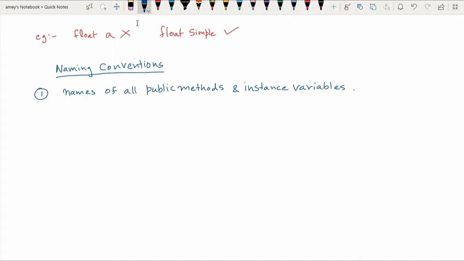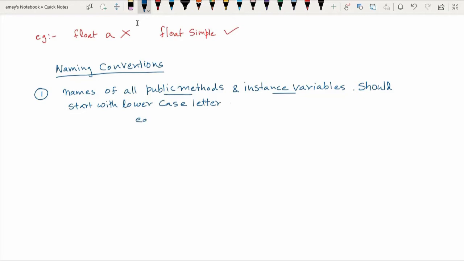So remember, all the public methods in the class or all the instance variables within the class, okay, they should start with lowercase, okay, while declaring they should start with lowercase alphabet or letter.